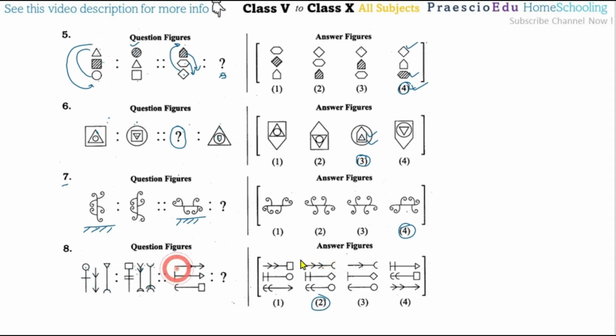So the lines are horizontal, these two arrows get together, and there are small half circles. Likewise here also small half circles come, and then triangles are replaced with different symbols, and here the circles are replaced with a square. So here a square replaces the circles, which means all the same symbols are replaced. That's why option number 2 is the correct one.